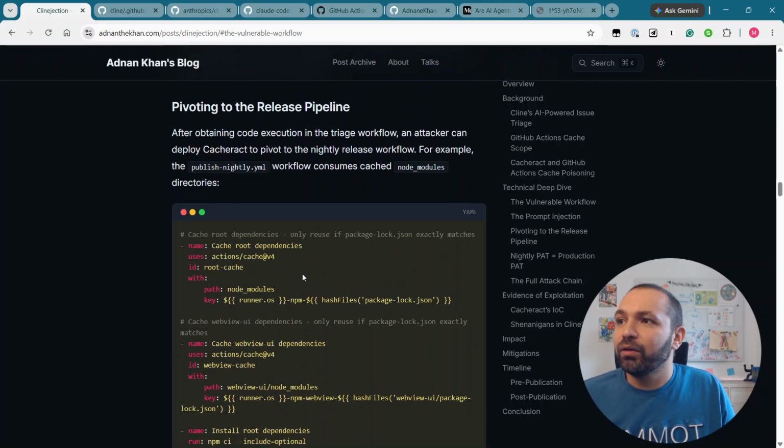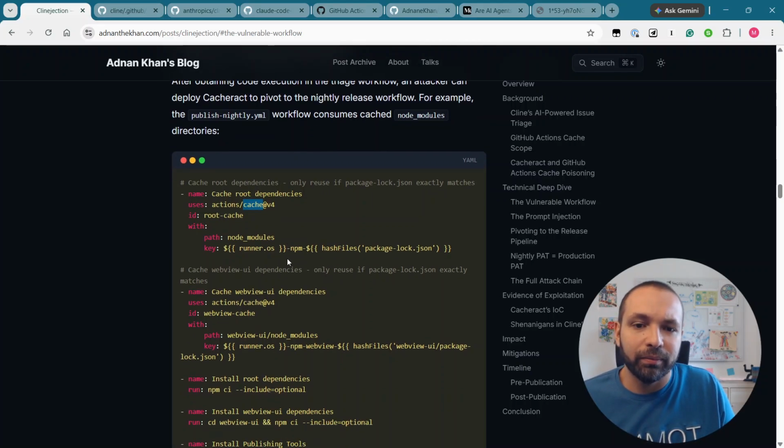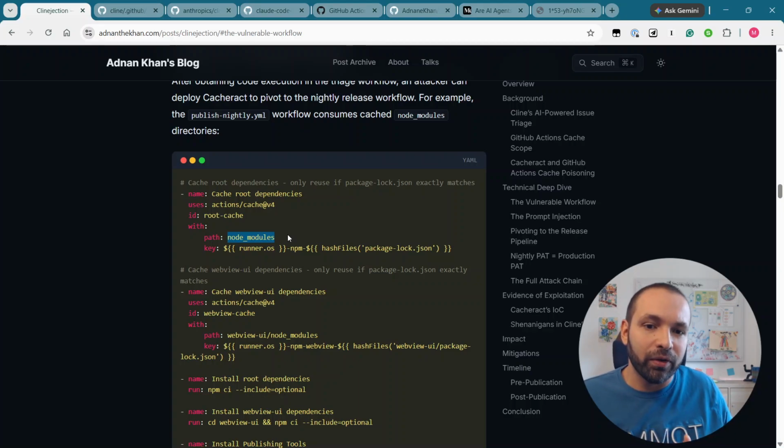The first thing you can notice here is that it uses this action, which is cache. This is a caching action, typically used to reduce latency and enhance the performance of a GitHub action. It just caches some files, some values. In this case, it is caching node modules. If you're not familiar with it, node modules is where the installed npm packages usually reside. This makes things a little faster, so you don't need to run an npm install and install the packages